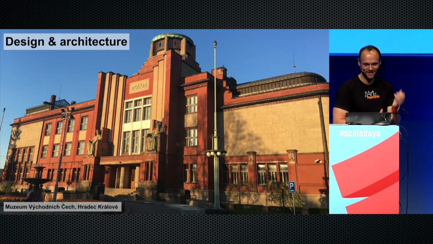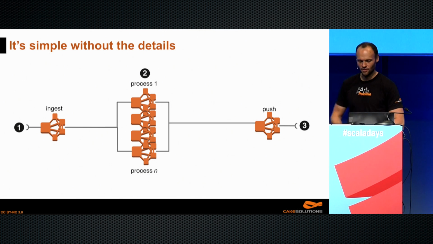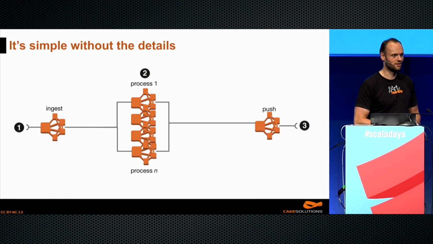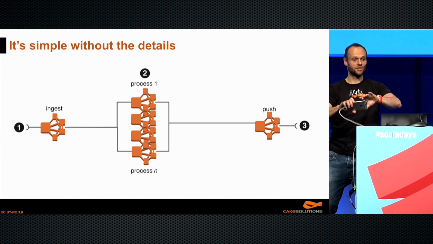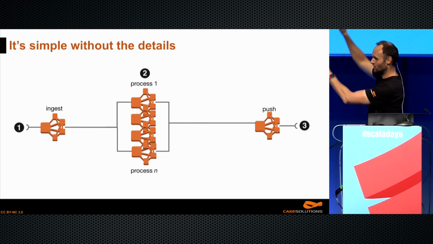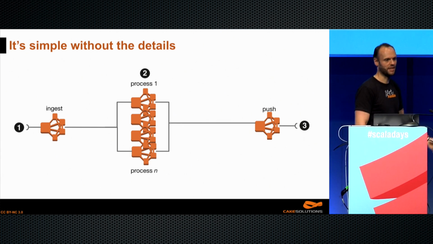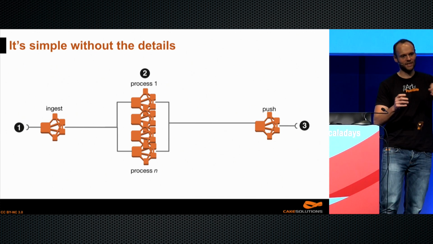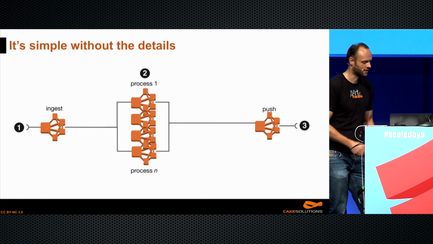So let's start with the design and architecture. The thing you have in the books in front of you, for those of you who don't have it, we still have a few copies left, it was a relatively simple system, right? An image goes in at number 1. So people pull out their mobile phones and they take a picture of a document, like a passport or a driving license or stuff like that. Magical processes happen in step 2, and then we deliver the results to, say, a gambling company or a bank that says, yes, this is a genuine thing, or no, this is a little bit suspicious, and you shouldn't allow the transaction to go through, you shouldn't allow the account to be opened.